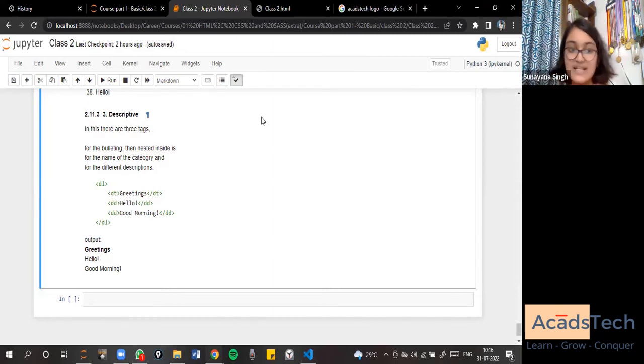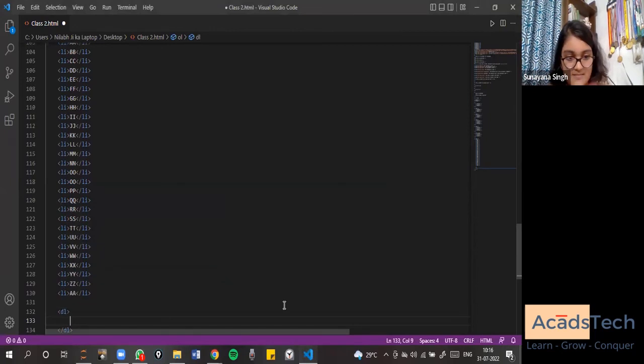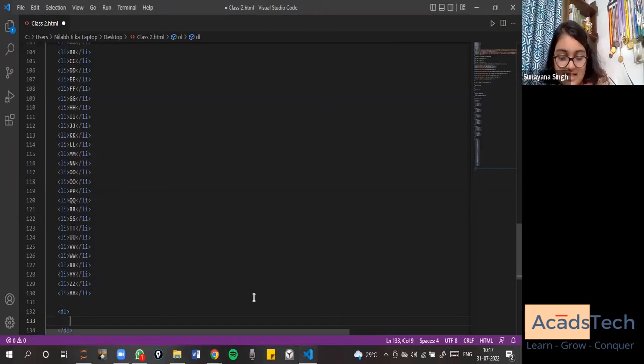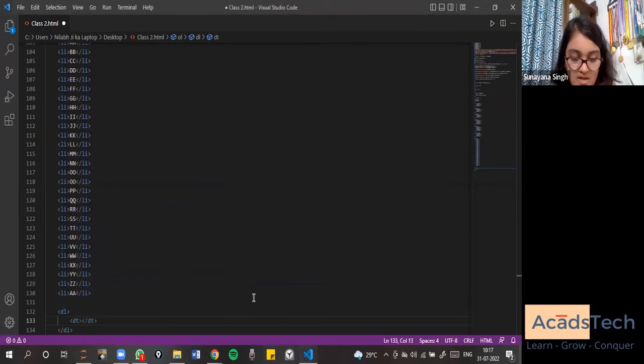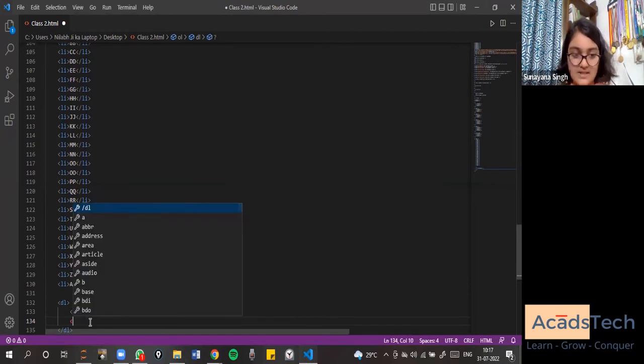There is one for descriptive list, DL, and inside it, there's one for the title of the category or the section, and there are different descriptions. I'll show you how it looks actually. Now, DL, DT for the title, and DD for the description. Now, DT, let's go with beverages. DT for the title of the section and DD,